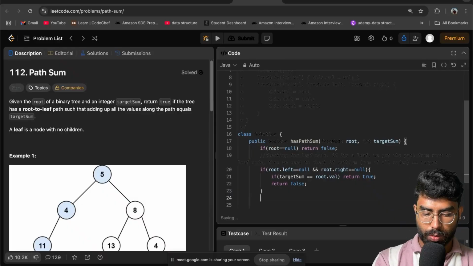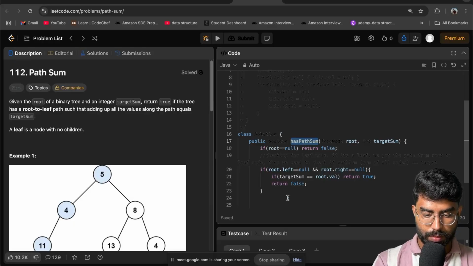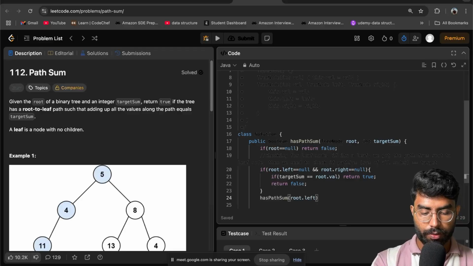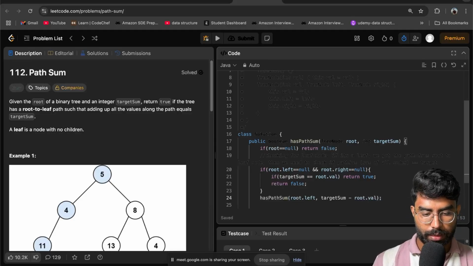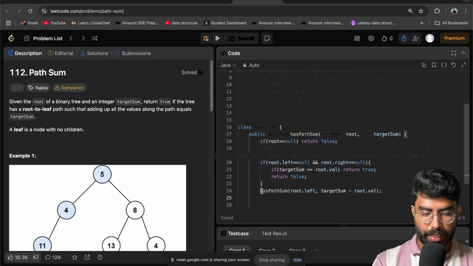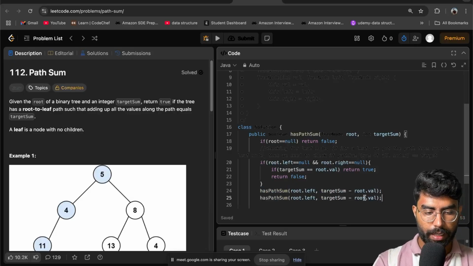Okay, so next we will call for root dot left. Now we need to subtract this value from target sum. What we need to subtract? Root dot val. Correct? Same with right, after left is completed, then we will move to the right. And one more thing,